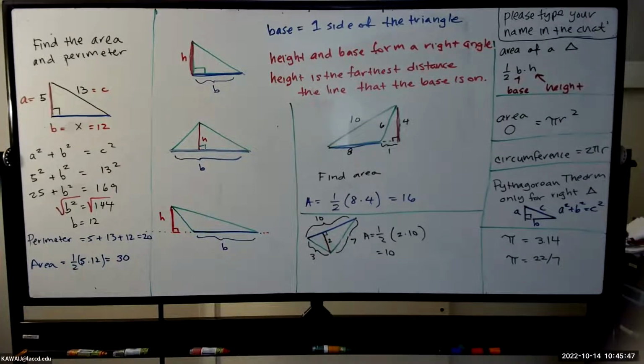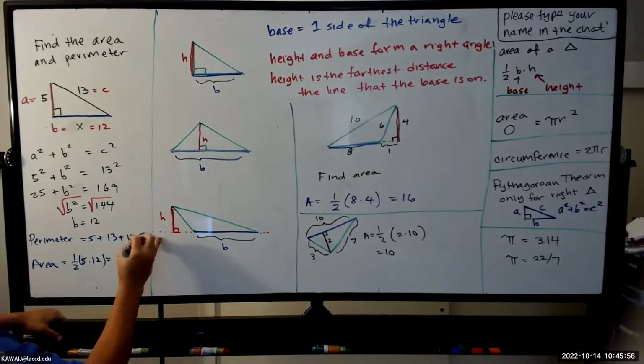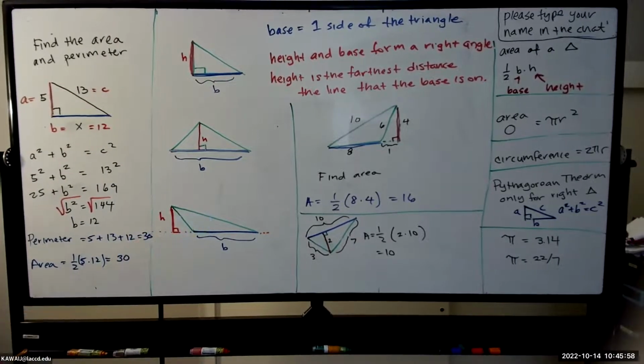Isn't the perimeter 30 as well? Is it 30? Oh, I think so. Let's see. 25, you're right, 30. Thank you for adding correctly, because I'm bad at it. Okay, now